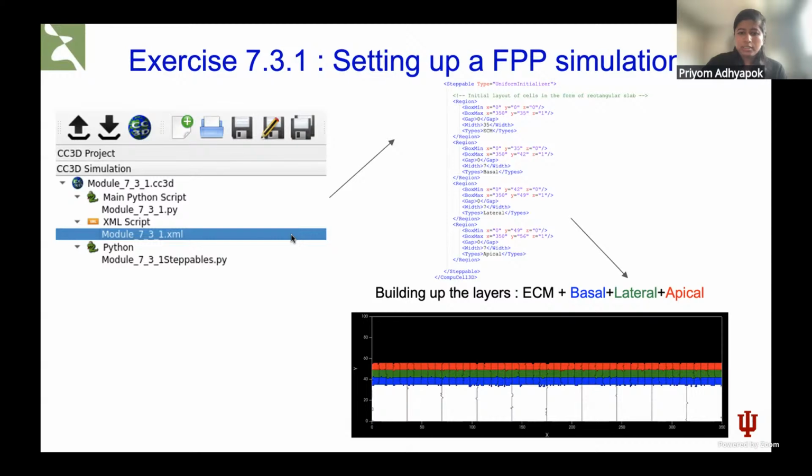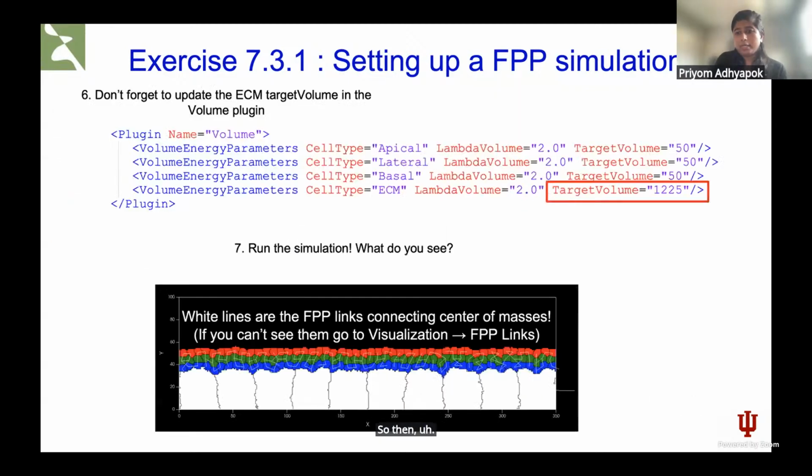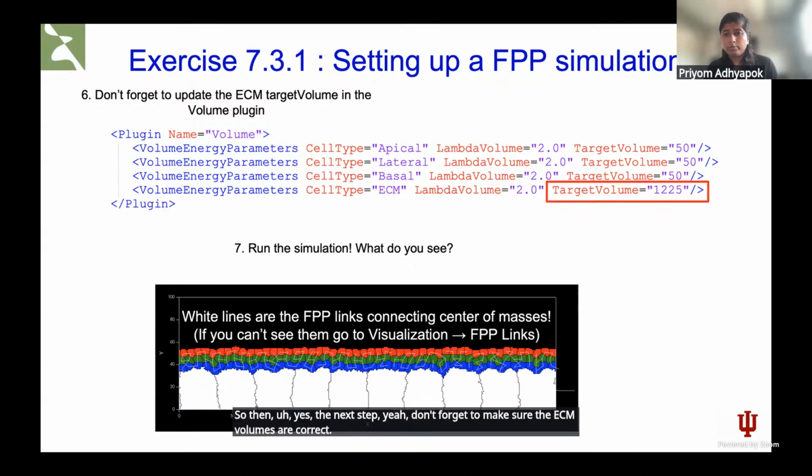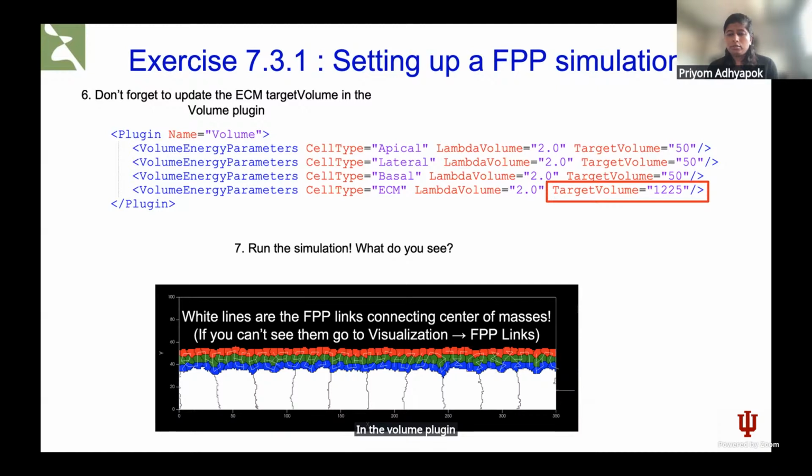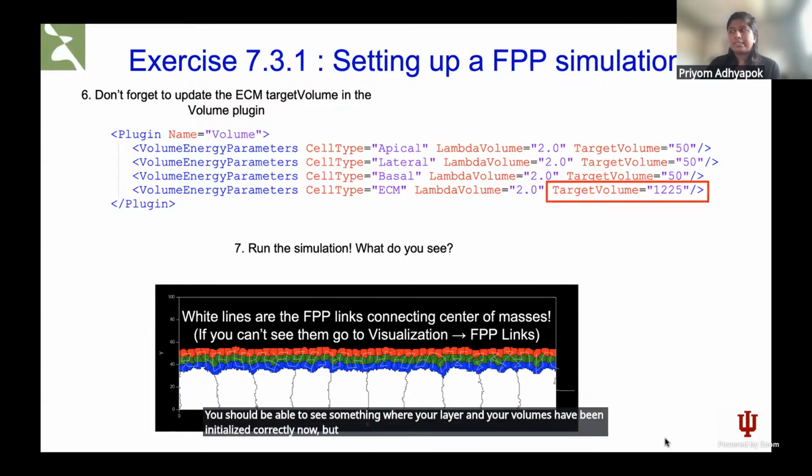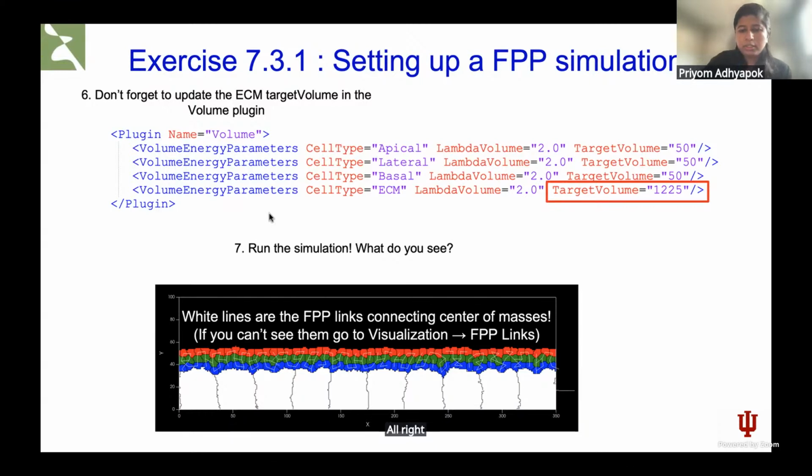Right. So then, the next step, don't forget to make sure the ECM volumes are correct in the volume plugin. And once you set the target volumes correctly, you should be able to see something where you have your layer and your volumes have been initialized correctly now, but the focal point plasticity links will probably be all over the place because we haven't done anything with them yet. All right. So now that we have this, we have created some semblance of an epithelial layer,